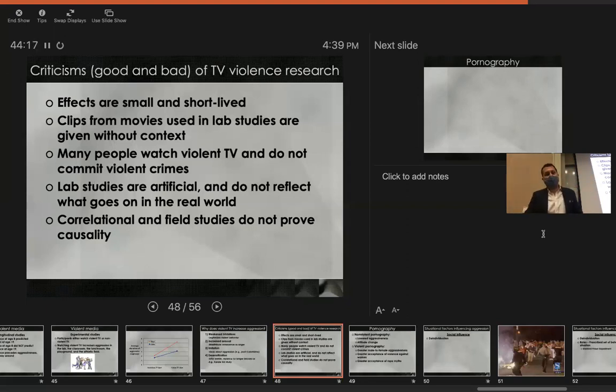So the key here is that, especially in aggression research, but in all sorts of areas of social psychology, we don't believe things are true just because we have one specific type of research that's shown an effect. What we try to do is test these effects in experimental studies in the lab and also in the real world in correlational and longitudinal studies. And if all of those studies' findings converge on the same ideas, that's what gives us a lot of faith that these ideas, these concepts are true, right? So if you look at any one study, that one study is going to have potential problems, right? That's why we always base our conclusions on a whole body of research, not just on single studies.